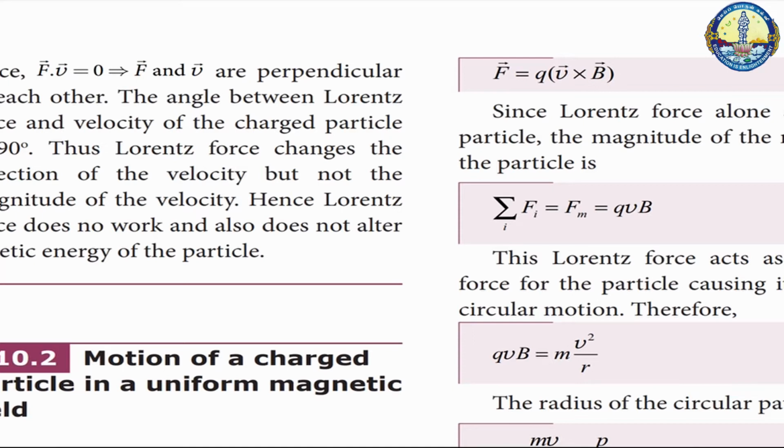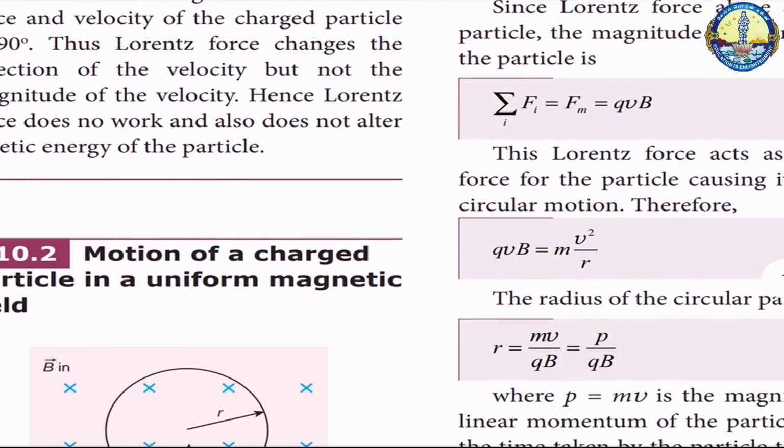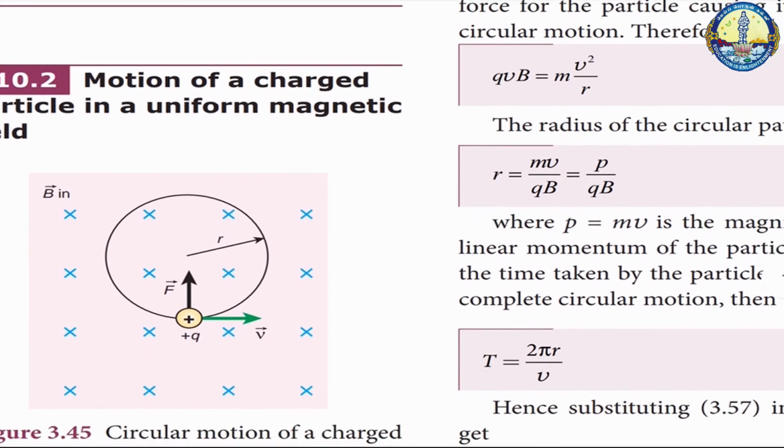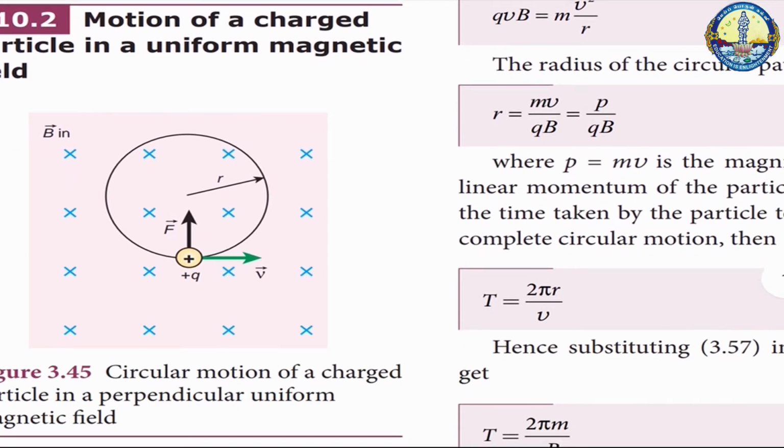Consider an experimental arrangement in the region of space between the parallel plates of a capacitor, which produce a uniform electric field, and a uniform magnetic field is maintained perpendicular to the direction of the electric field. Suppose a charged particle enters this space from the left side. The net force on the particle is F = Q(E + v × B). For a positive charge, the electric force on the charge acts in the downward direction, whereas the Lorentz force acts